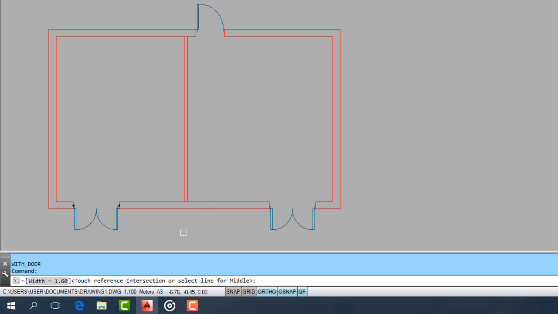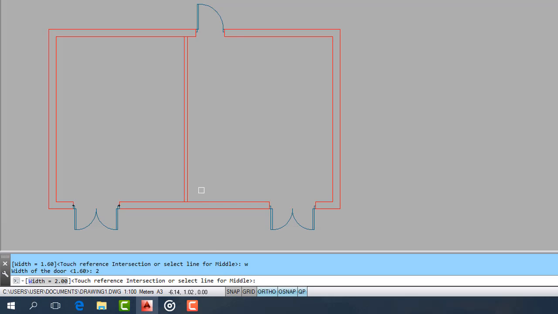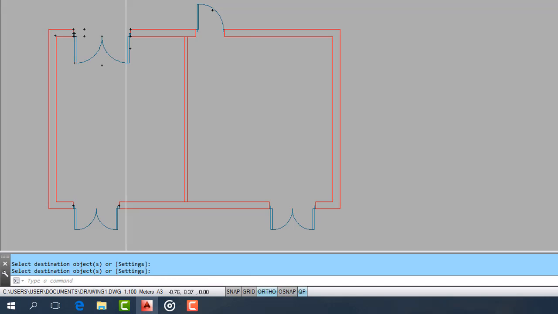When you run the door command for the first time, the door width is set to 1.6 meters. Type W to type a new value, say 2 meters. The door is drawn with the new width, which remains as the default for the next doors, until you change the width